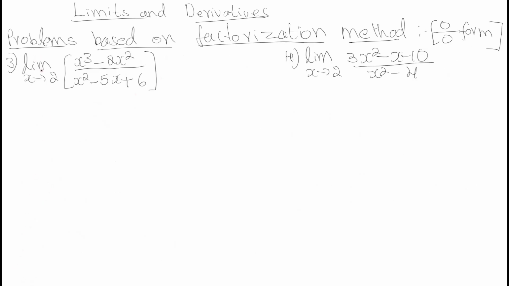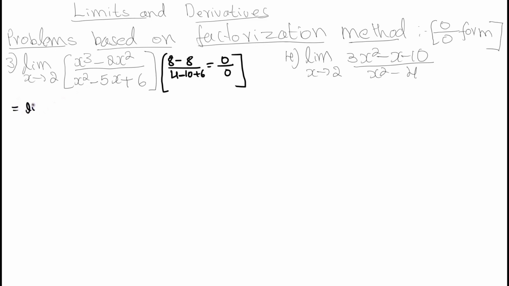See the next question: limit x tending to 2 of x cube minus 2x square divided by x square minus 5x plus 6. Take x value equal to 2 directly, so that here you will get 2 cube is 8 minus 2 into 2 square is 4, 8 minus 8, divided by 2 square is 4 minus 10 plus 6. 8 minus 8 is 0, divided by plus 10 minus 10, again 0. It is a 0 by 0 form, so we can't apply the limit directly. For that reason, first we need to simplify the given question.